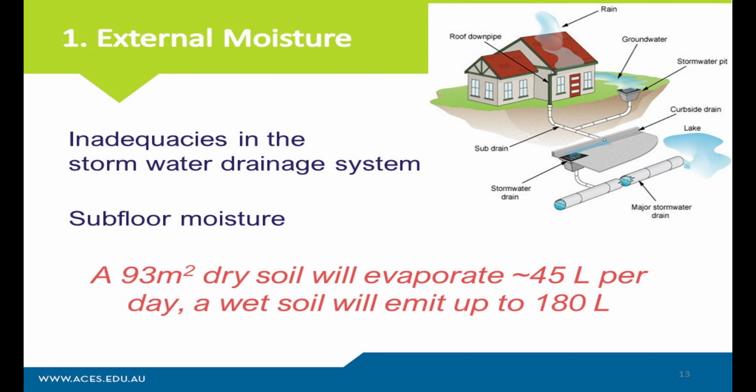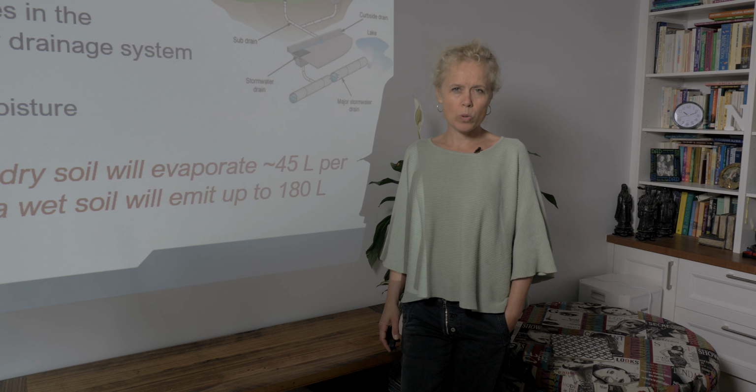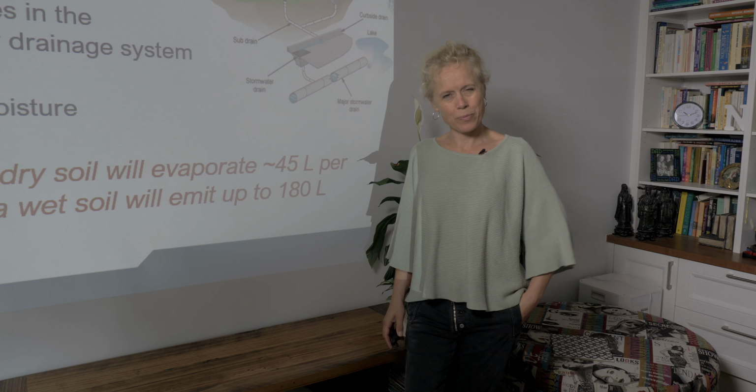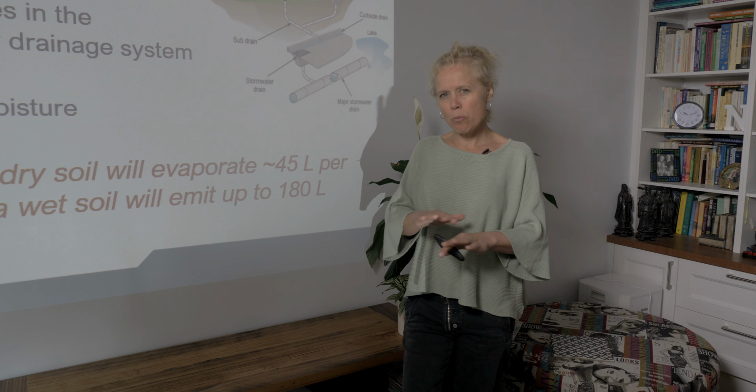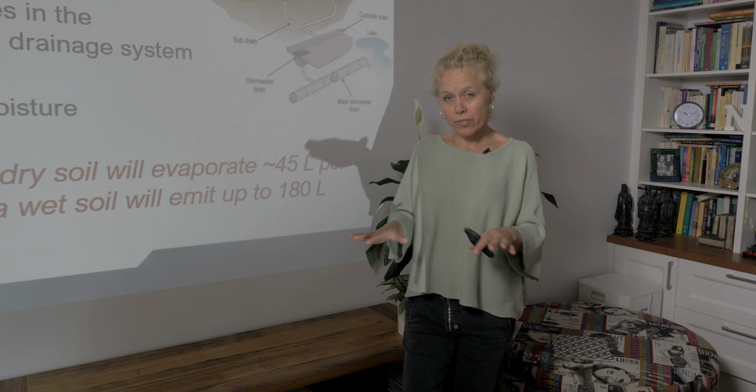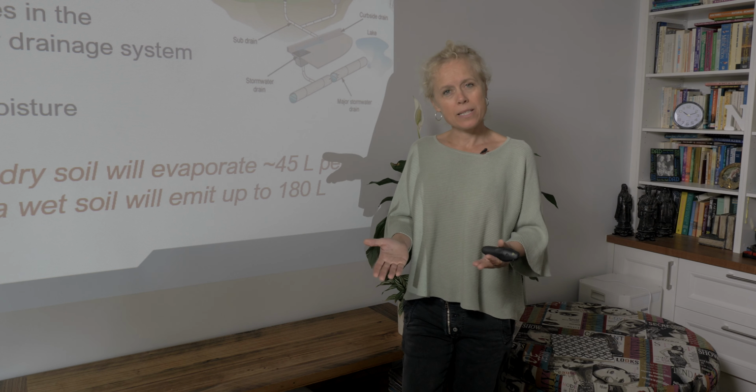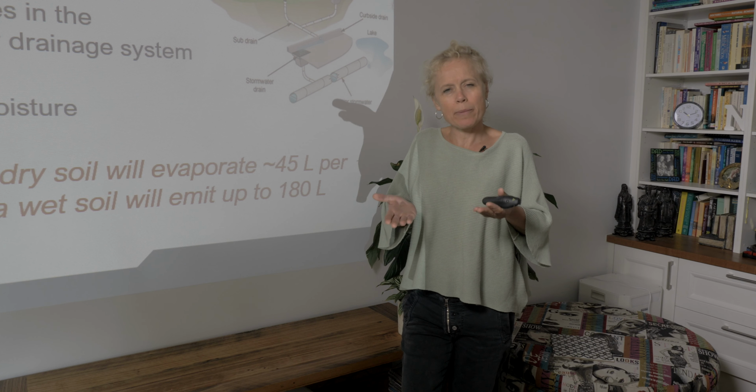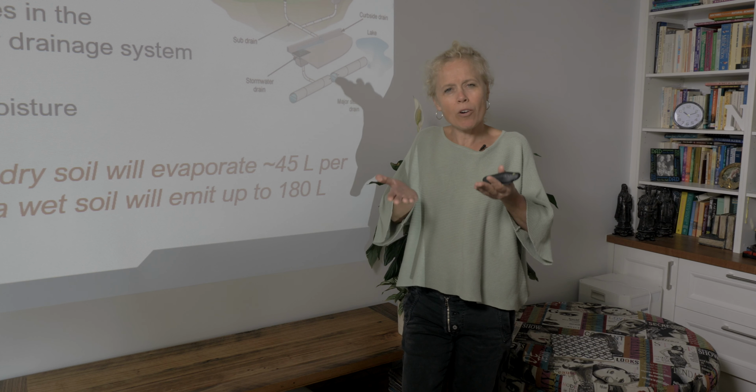Just to give you an idea of subfloor moisture, a 93 square metre dry soil under a house will evaporate around 45 litres of moisture per day, and that's in a healthy, normal, dry home. If that soil is wet, it can evaporate up to 180 litres, which of course is 4 times more moisture. So just visualise this. If you have any moisture in the subfloor on the soil, then what can happen is that you've got huge amounts of water vapour coming off that soil, and that could be wicking up into the